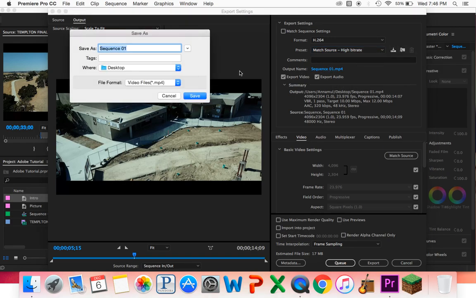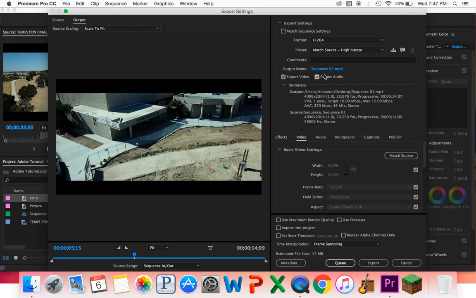Output name. Click on this. This is what it's going to save as. So right now, the name is going to be Sequence 1. That's pretty gross. Let's change it to Adobe Tutorial. And then you'd say save, but I'll just click cancel for right now. But you'd click save, and it'll change the name to Adobe Tutorial. Now, that's where it's going to save. So once it exports, it's done. It's going to save to wherever you set right there. It'll save there, and it'll show up, and then you can go and open it,